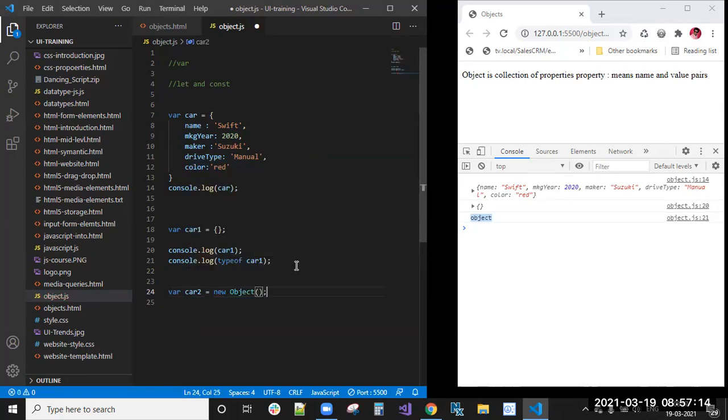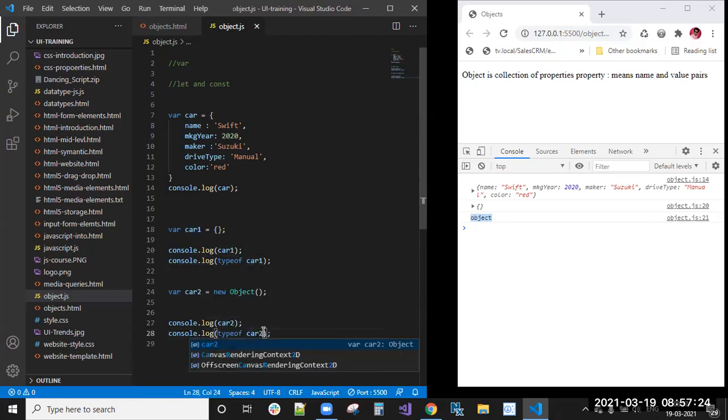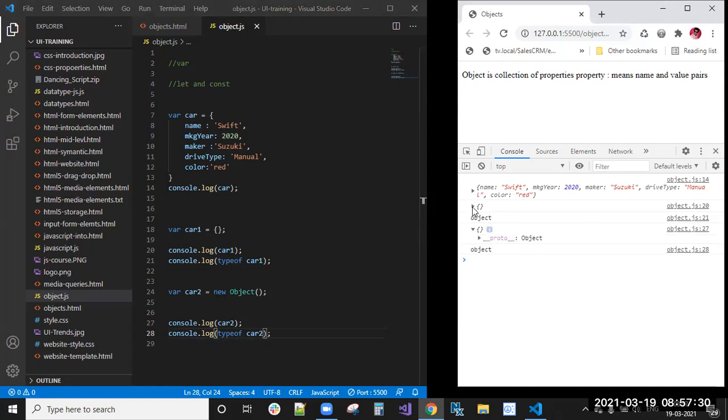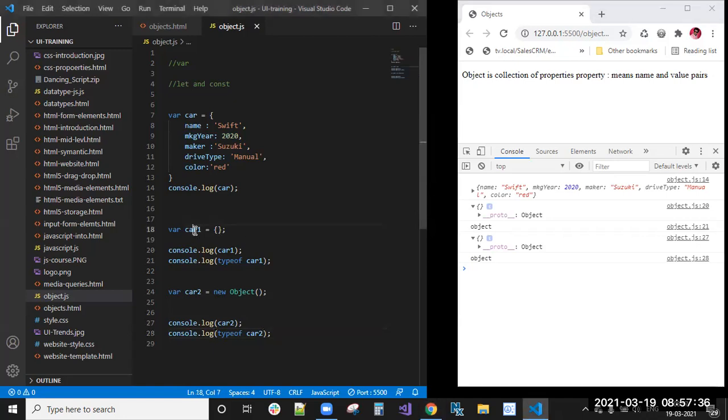Now similarly we can see that still you can create an object here. See, it's with empty properties, and here also with empty properties. We will see how we can send properties into this.